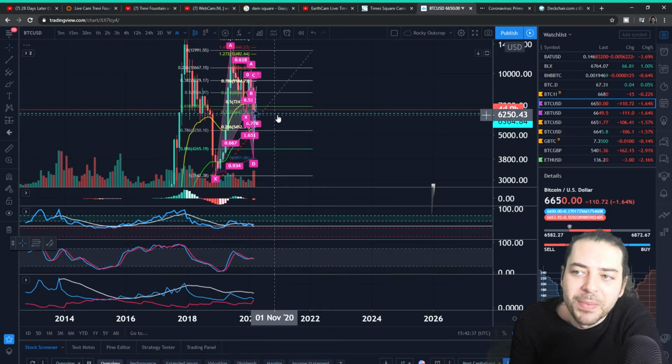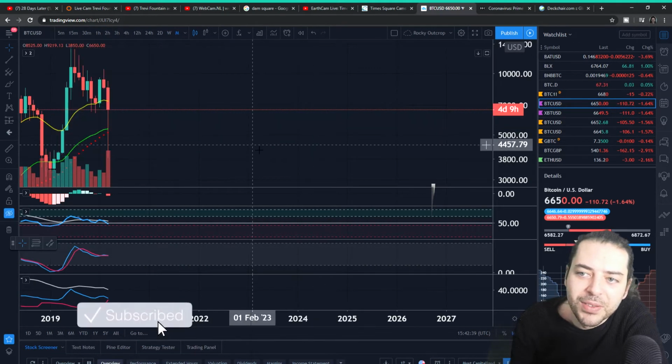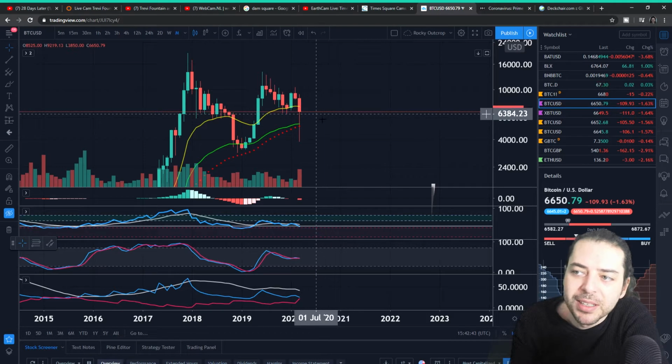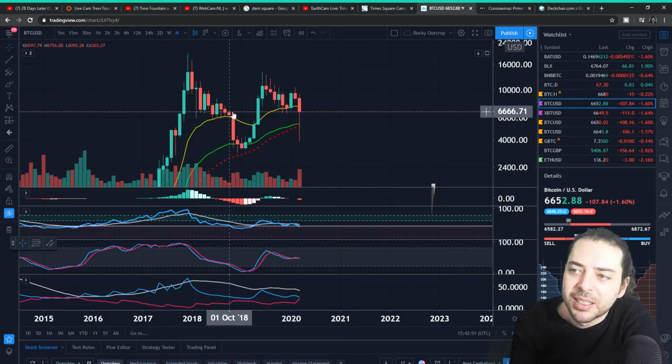But over here on the monthly, finally, I've made it to it, and I'll get rid of all this noise here. Actually, I should have done that earlier. On the one hand, where we are right now in the monthly candle shows that we're just above this crucial area at 6,666, which is really positive to see in terms of the longer term upside potential. But that's not where I want to see the candle closing.